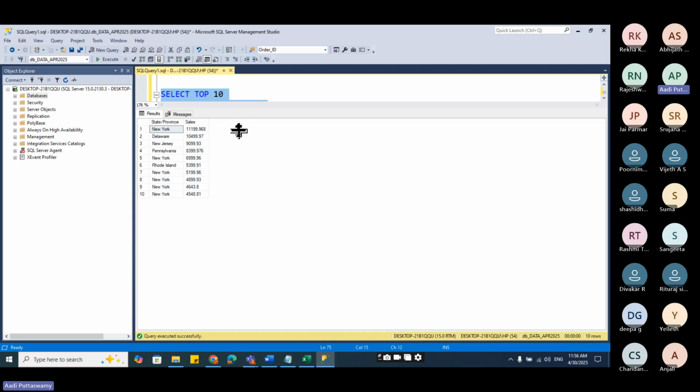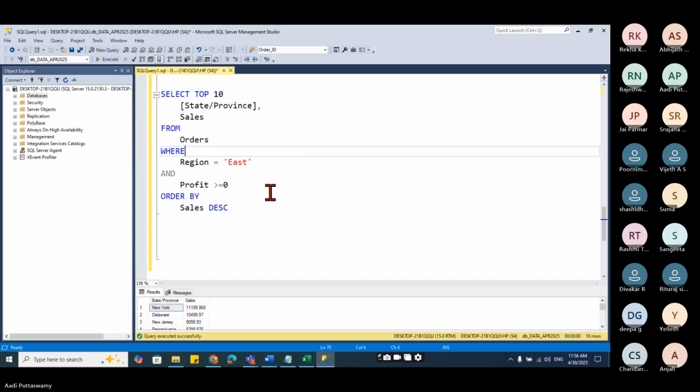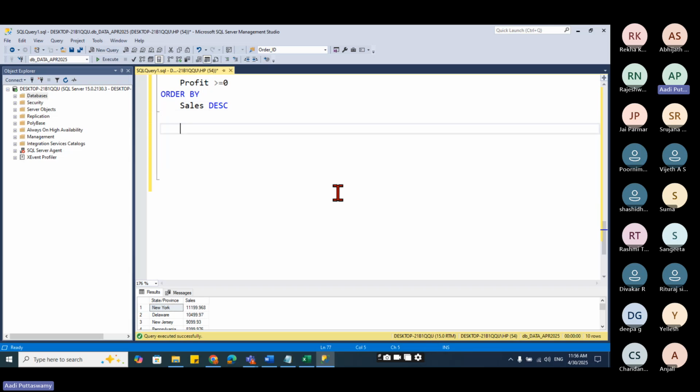Let's go here and I want the aggregated values. Say based on state, I want the sales report. Then I have to use group by to group the values. So how to group? Let's say select, from orders.